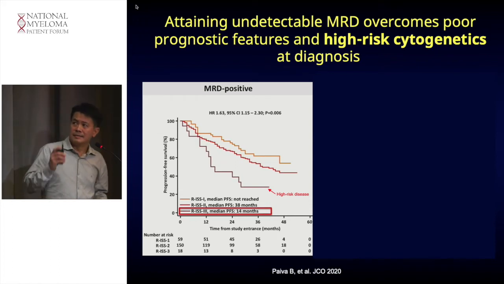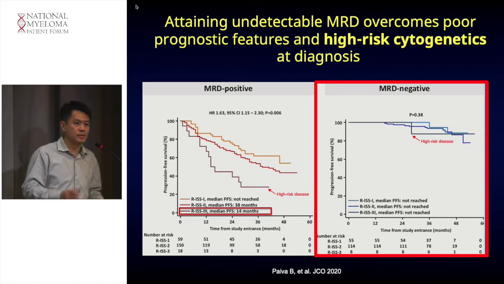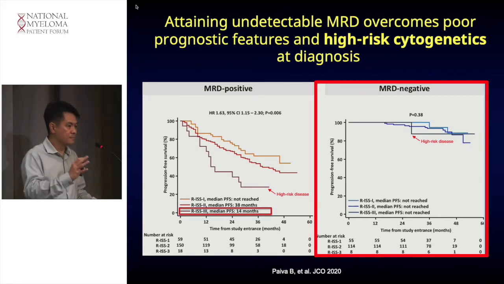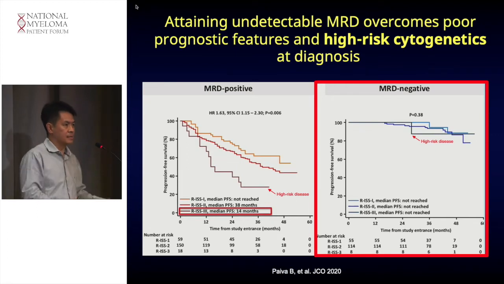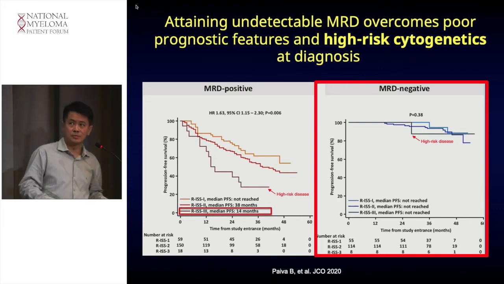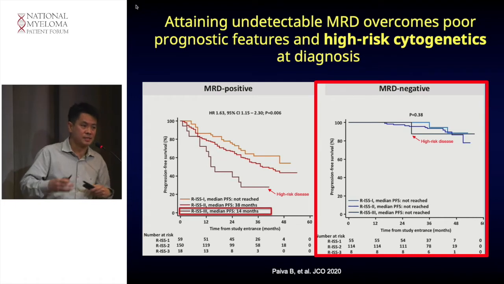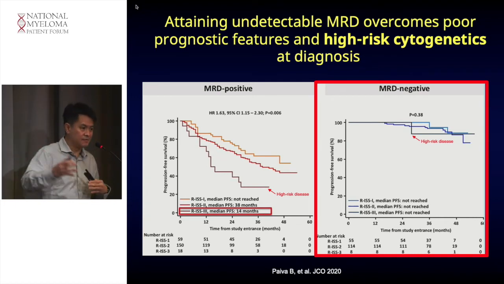But now, patients with high-risk disease, they have a reprieve. If they're able to attain MRD negativity with whatever means in the frontline setting, then their destiny is like reset, and their outcomes could be just as good as the counterparts without the high-risk mutations. So right now, we are really focusing a lot of attention on patients with bad risk disease, because we really want to give them a chance to lead a normal myeloma life and not succumb to the disease very early in